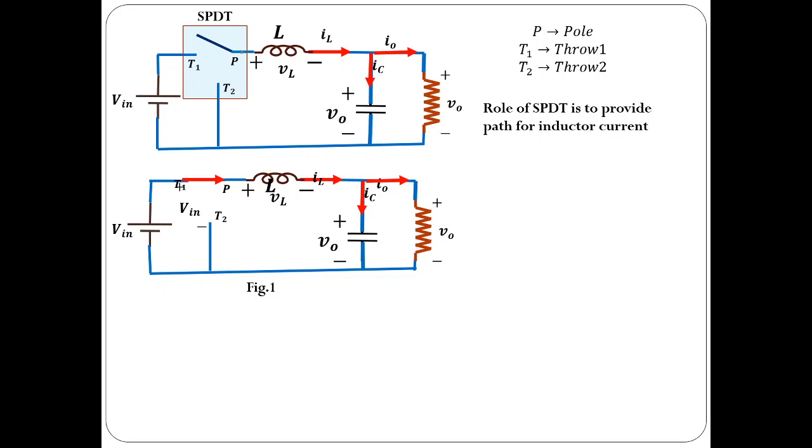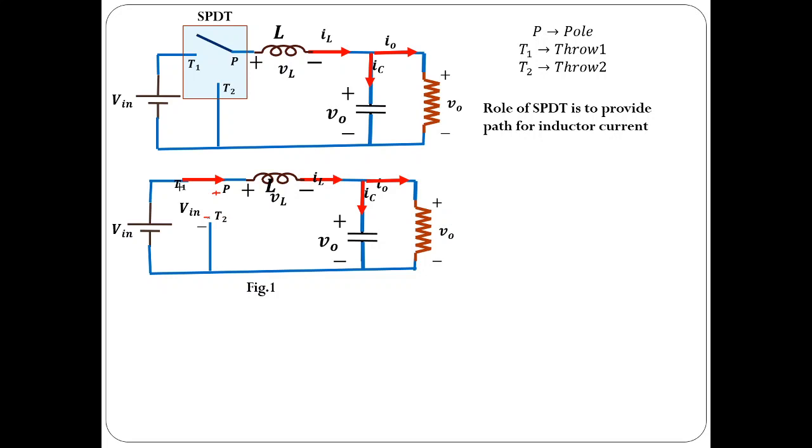Now, for example, the pole is connected to throw 1. Then the inductor current should rise in this direction, so current would flow in this direction, from throw 1 to P. And what about pole and T2? Between pole and T2 there is no current, but it should block the voltage. Applying KVL, you would get that between pole and T2 there must be a voltage drop, that is V in, with this polarity: this positive and T2 negative. So this is for condition 1.